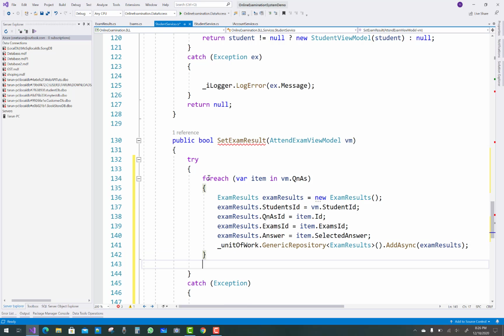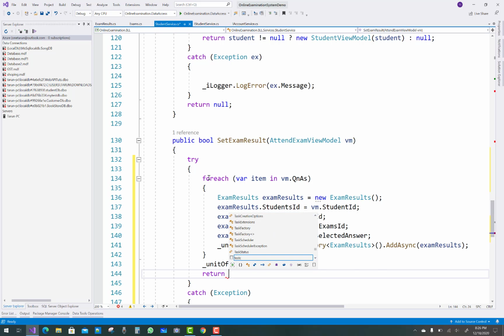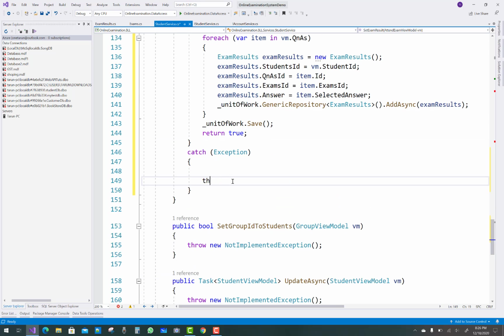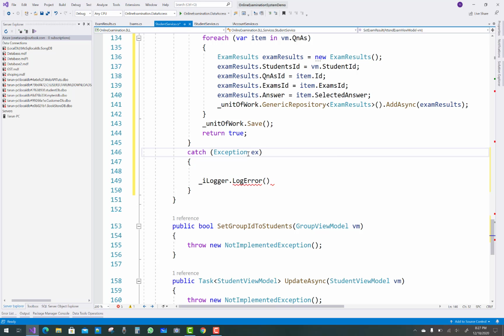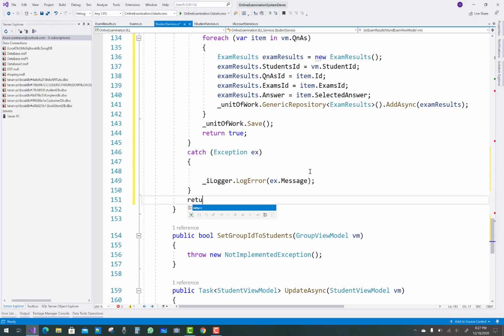Now after that you can call UnitOfWork.SaveChanges first of all, and return a boolean type of value, so just return true. That's fine. Now in the exception case you can use ILogger file.LogError, and in which you can pass the exception ex.Message. That's pretty cool. Now after that return